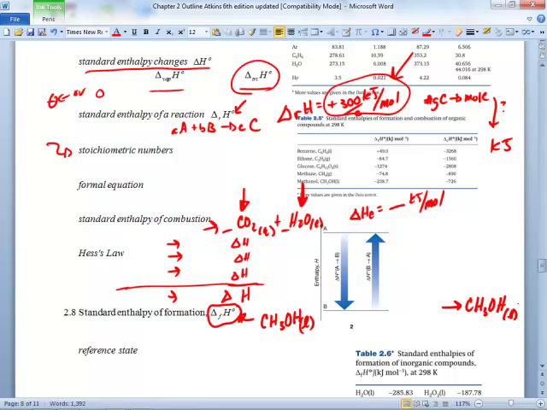Oh, okay, OH maybe. I don't know if this is much of a hint, but is OH the reference state of O and H? All right. Reference state, enthalpy of combustion, is all the reactants in their reference state